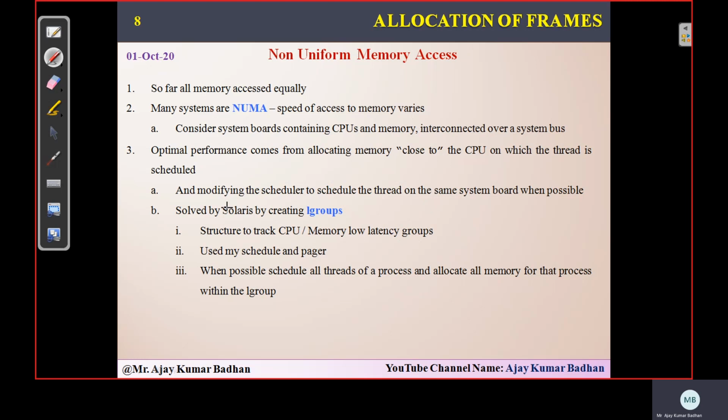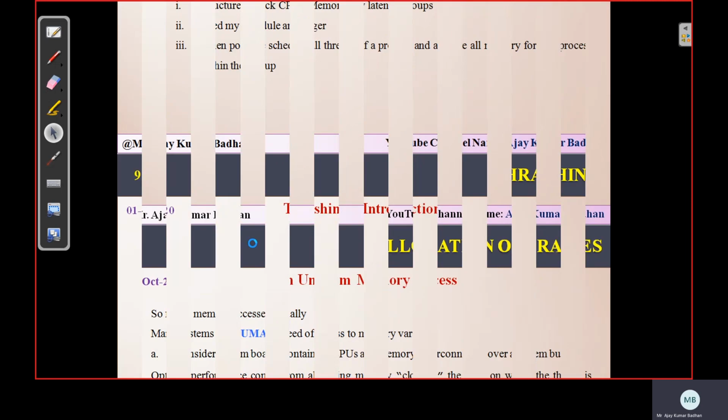To overcome this problem, the Solaris operating system company has created something called lgroup. This is what we call a latency group. Latency is nothing but delay. So wherever there is a delay, we group it into one particular set, and the processes and memory will be allocated slowly so that they can start executing. Mostly it is used by the schedulers and pagers. I think you know what we mean by pager here. In the swapping concept we discussed lazy swapper and demand paging. So lazy swapper is converted into lazy pager. That is what he's talking about here. That's what is related to your NUMA.